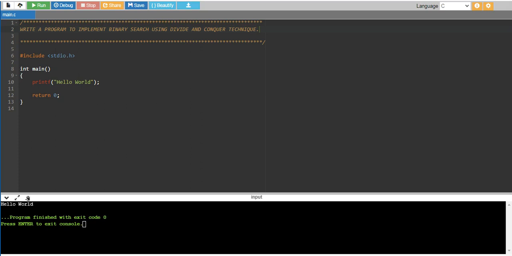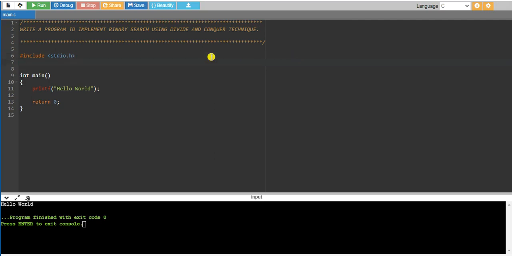We'll move to the code. We'll write a C program to see how we can implement this using the C language. We make use of the standard library file, #include <stdio.h>.